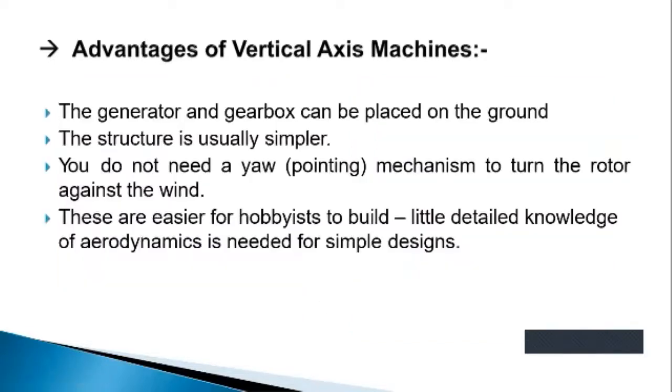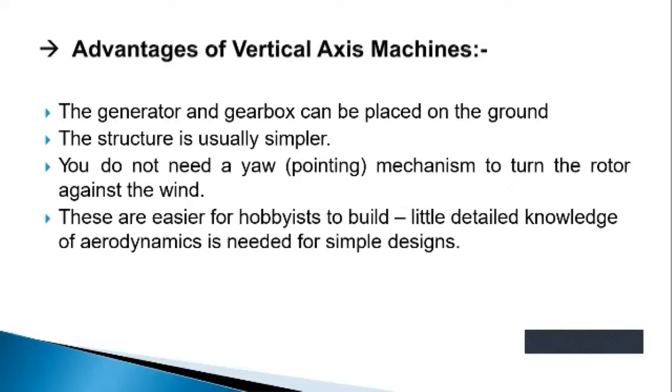Okay, now we are seeing the advantages of vertical axis wind turbines, or vertical axis machines. A generator and gearbox can be placed on the ground. It is a main advantage of this type of windmill. The structure is usually simpler. It is another advantage, the second advantage. The third advantage is